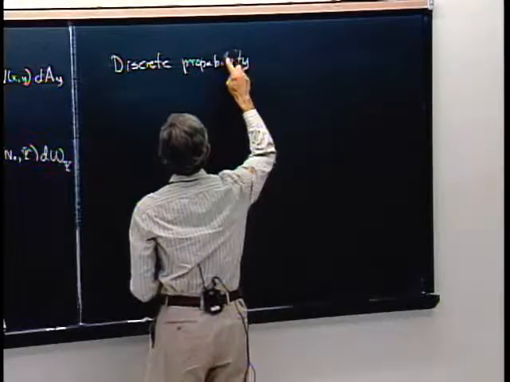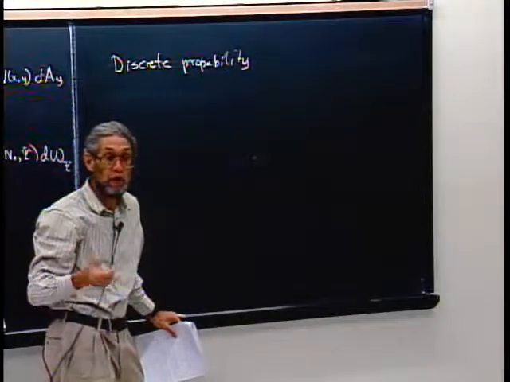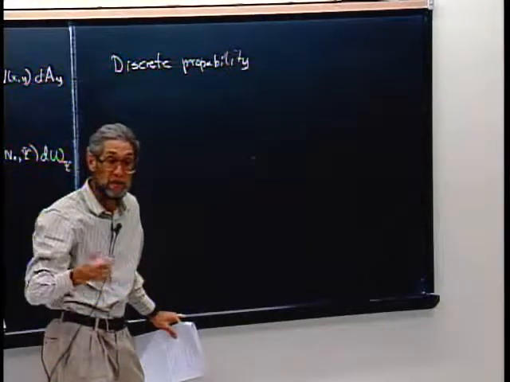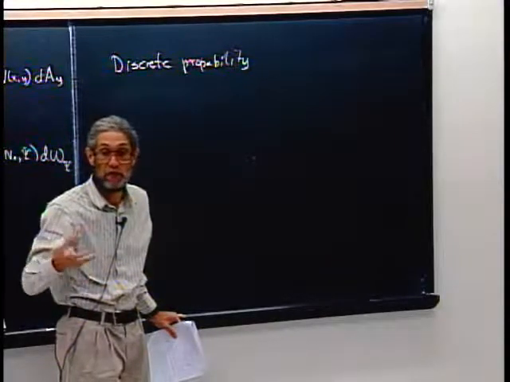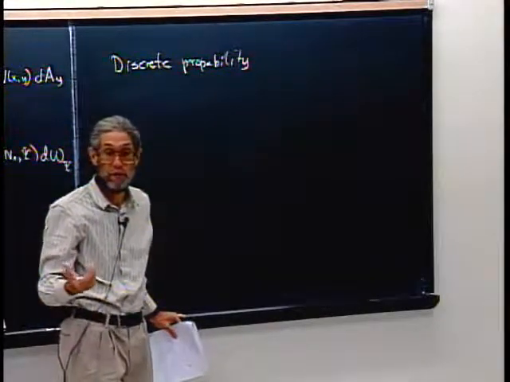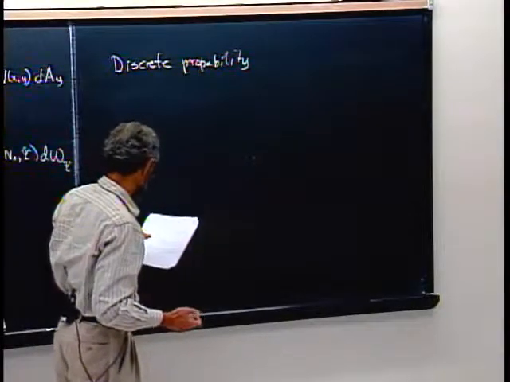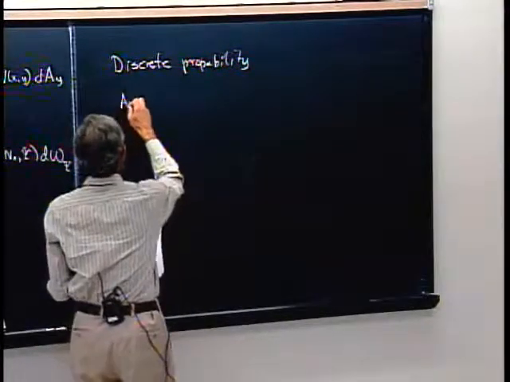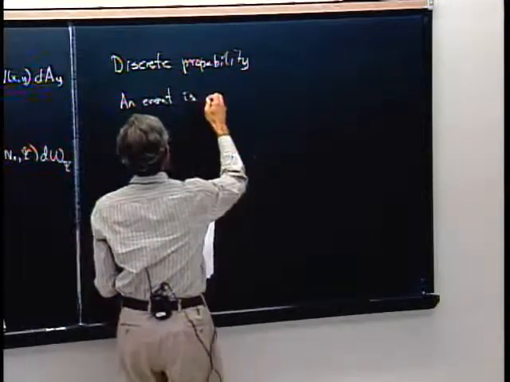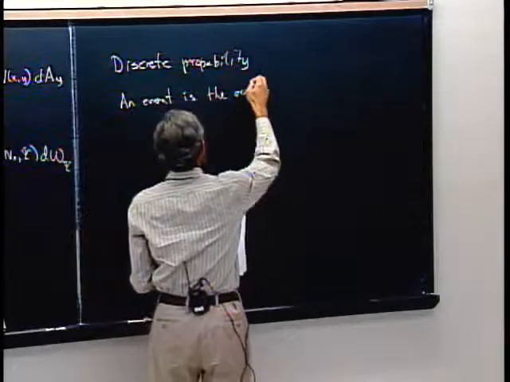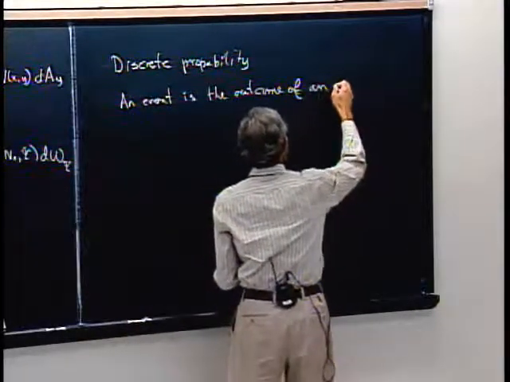When we only have a finite number of events, like a coin, you toss it, it could either come out heads or tails. Or if you roll a single die, it has 6 faces to the cube. There are only 6 possibilities. So an event is one of those possibilities. So an event is the outcome of an experiment